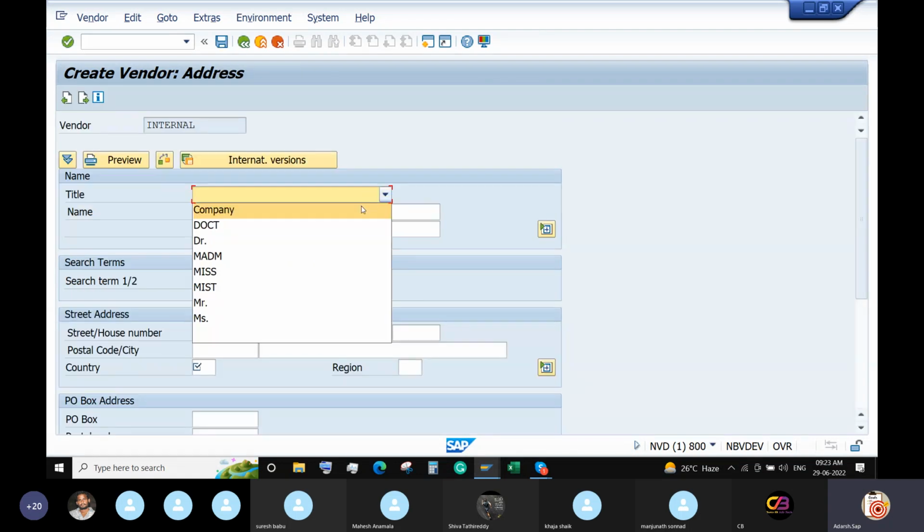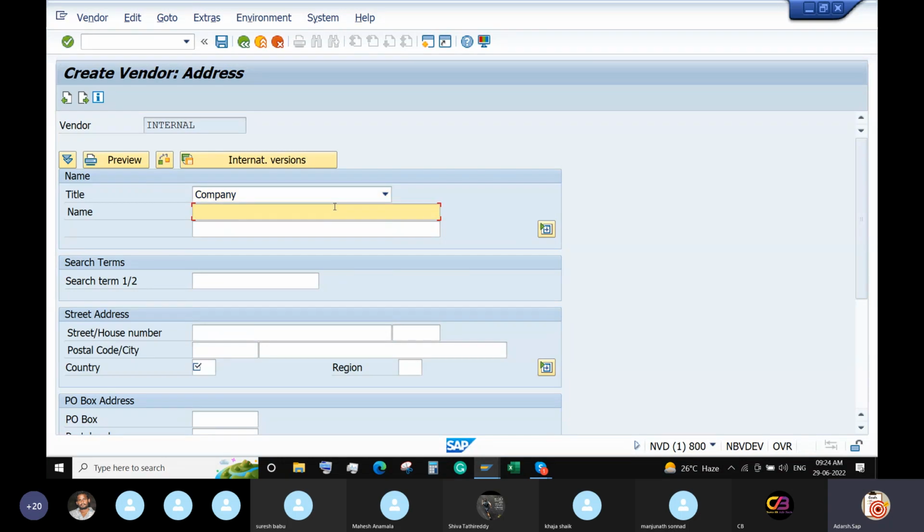Enter, and I'm giving the company name. The name you can create like TSSPDCL, which is Telangana State Power Distribution Limited. Okay, as a short term we can give the name of the vendor as TSSPDCL, and we need